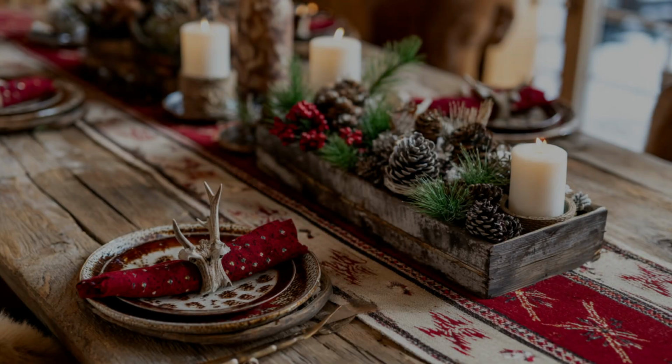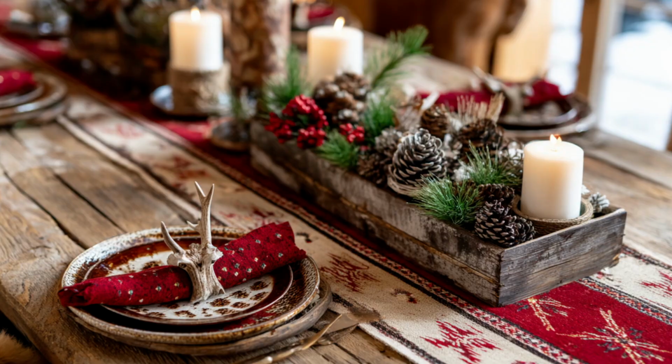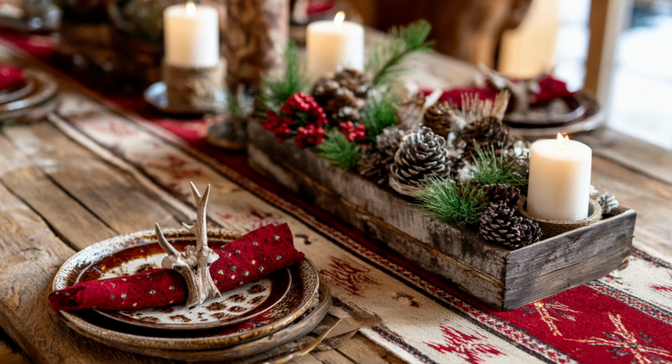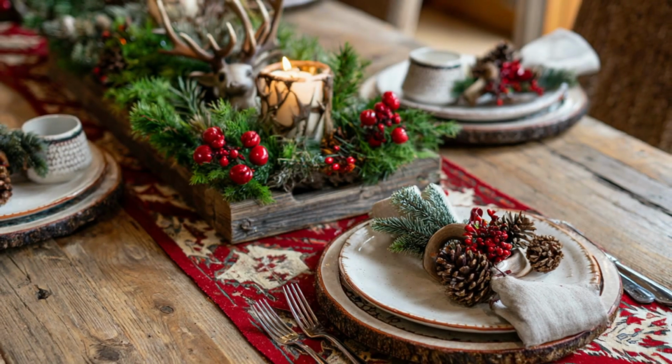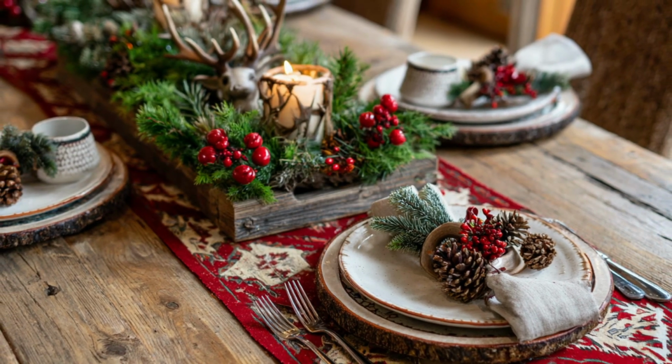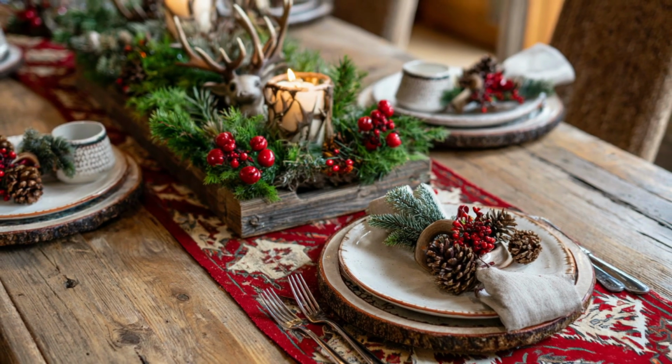Transform your dining space into a festive farmhouse feast with Hobby Lobby's charming tabletop decor. This season features vintage-inspired table runners, ceramic farmhouse plates, and rustic centerpiece trays filled with pine, berries, and little houses. The color palette leans into cream, deep red, forest green, and natural wood, a perfect mix for a holiday gathering